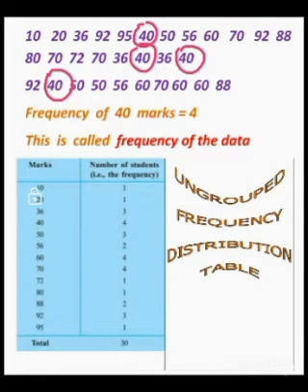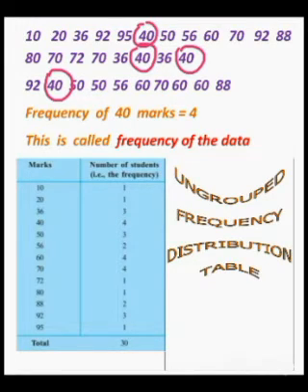This is how you will represent it: 50 marks, 3 students got. 56, 2 students got. 60, 4 students, and so on. 95, 1 student. Like this, seeing the data, you can represent it in a tabular form. Suppose I ask you, 36 marks, how many students got? Immediately, by seeing the tabular form, you can answer 3 students got 36 marks. Suppose I ask how many students got 92 marks. Then immediately you can say 3 students got. So it will be easy for us to find out the data.